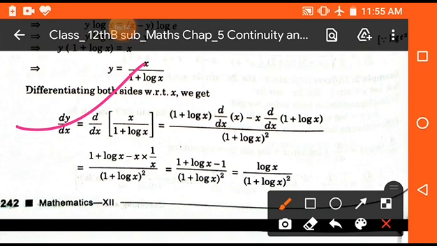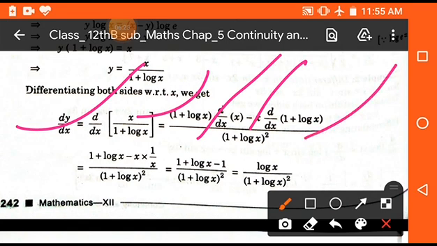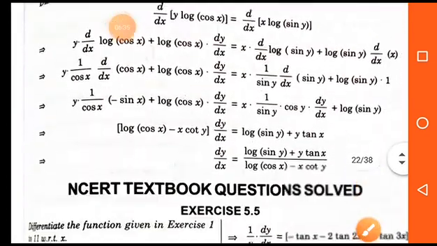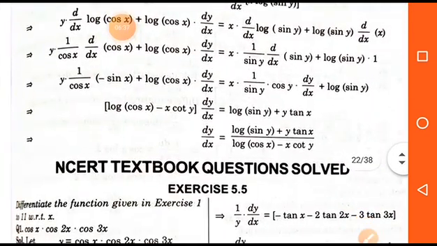So with the help of the division rule, we know that taking the denominator as it is, differentiate the numerator, minus taking the numerator as it is and differentiating the denominator, so divide by the square of the denominator. On solving, we get log x upon (1 plus log x) square. Clear students? So these are some important examples of logarithmic functions, and you can differentiate the above functions very easily